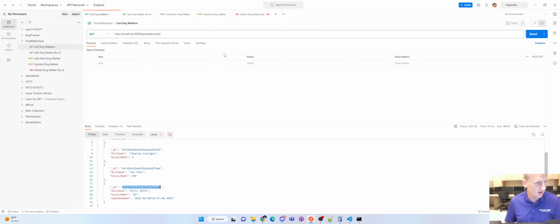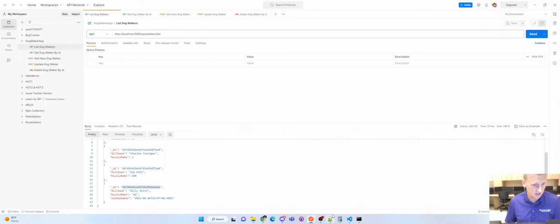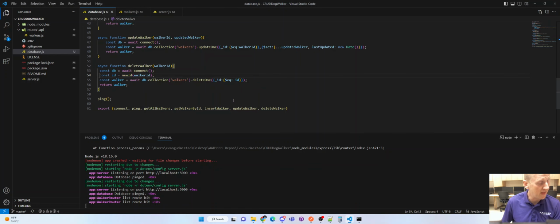There's Billy Smith. That says walker deleted. Now he's no longer there. So I go to list all dog walkers. So my delete's working. Got some cleanup tasks to do, but that is a functioning RESTful API working with Mongo